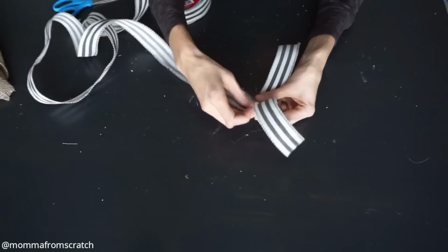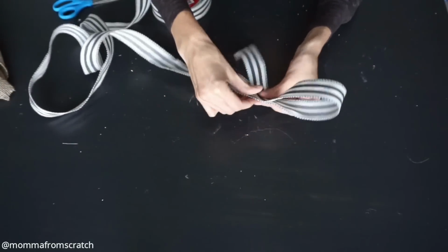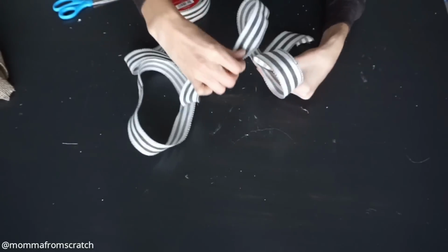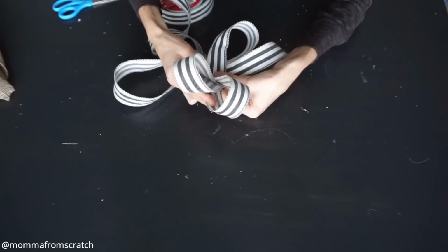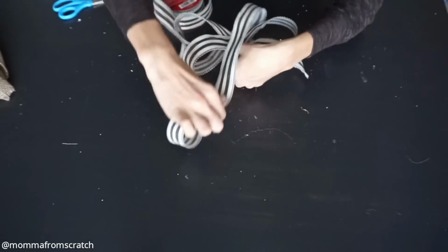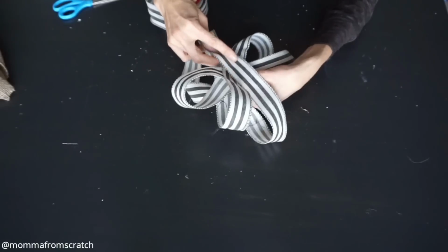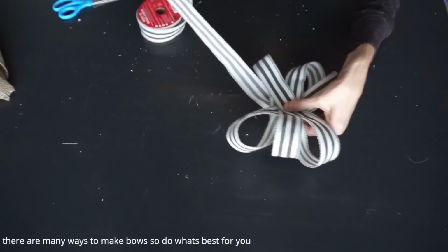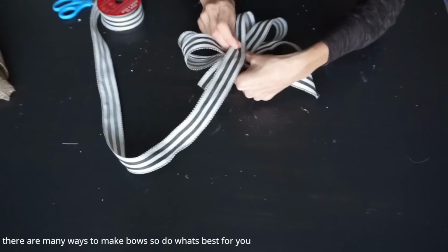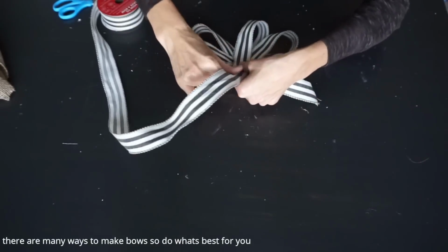Why we're going to start by making the bow first. I'm just making one loop, and then I'm going to draw that piece of ribbon over again, and then just make another loop, and continuing that, just alternating sides, whichever direction that ribbon is going in. I'm just going to make that loop. I'm going to get 3 on each side, and then the last piece will go over the top, and then